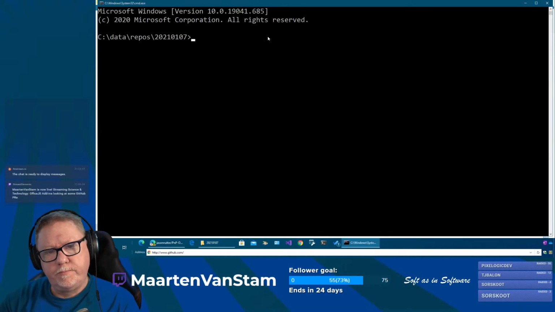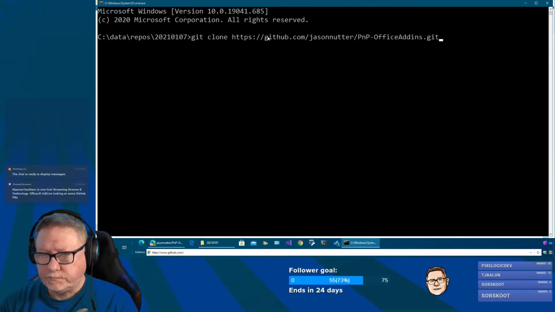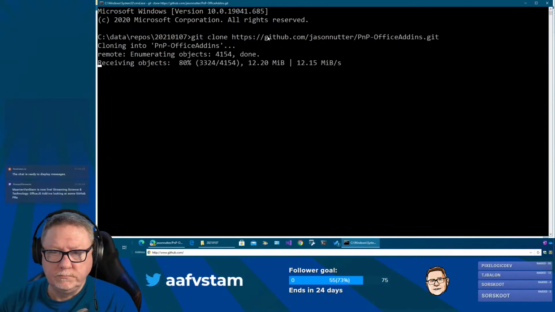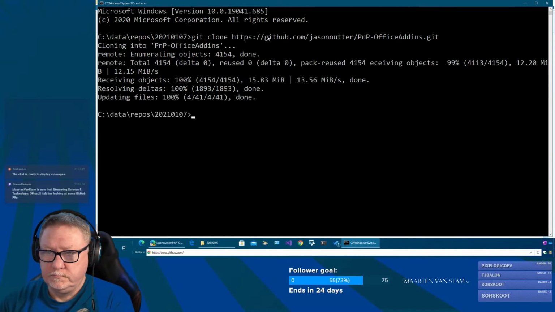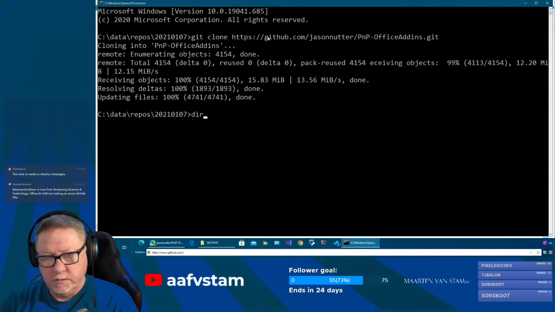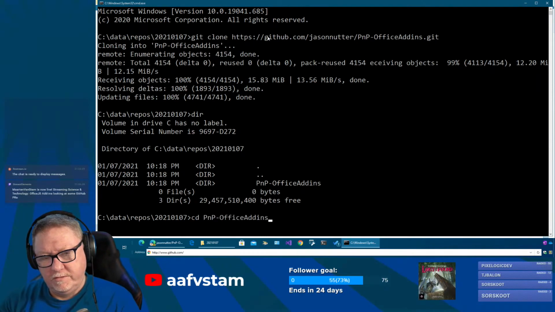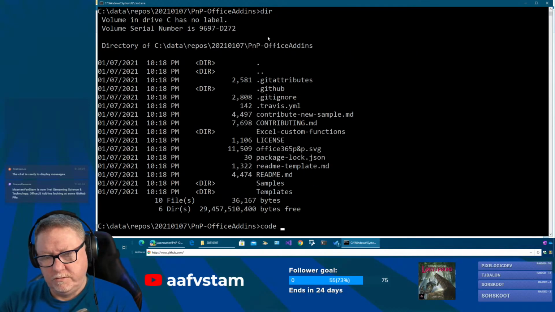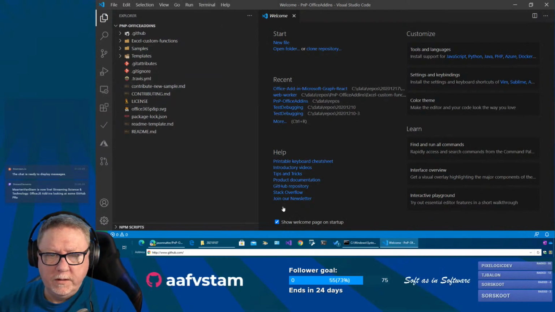Command git clone. cd pmp office add-ins. code dot, and now